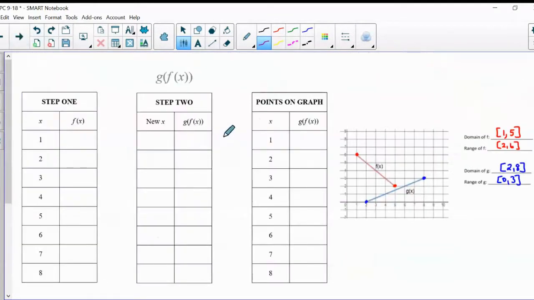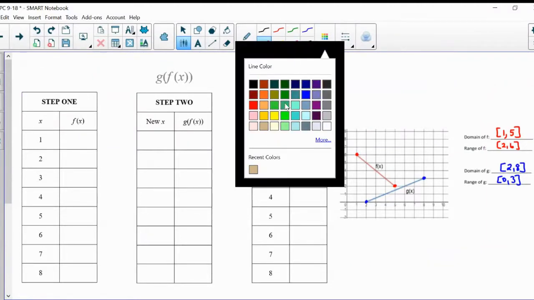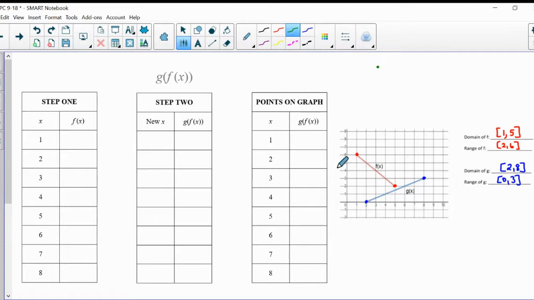All right, now let's do this another time. So if I'm looking at, let's choose this color. So for g of f, what we're going to do here is now substitute things into f of x. So one thing we'll notice is that there are no values for f of x